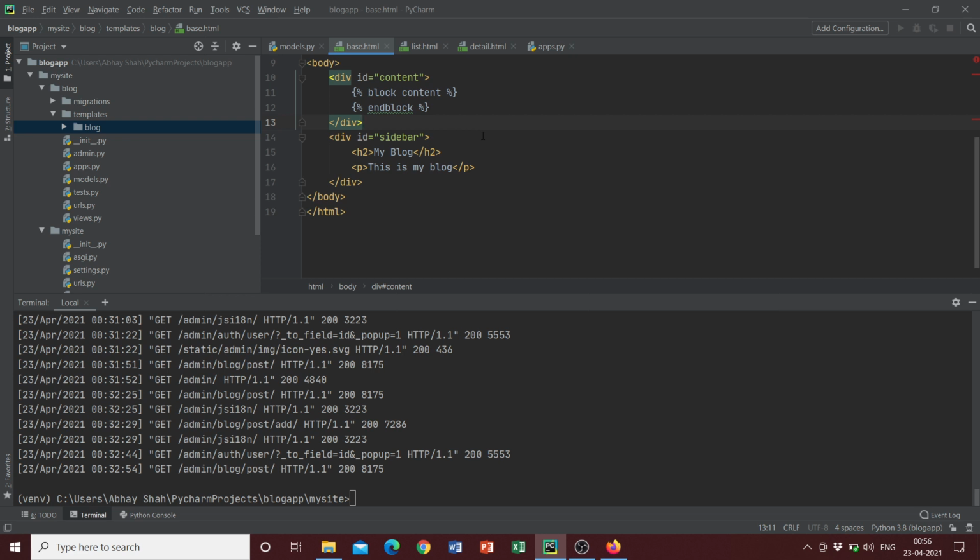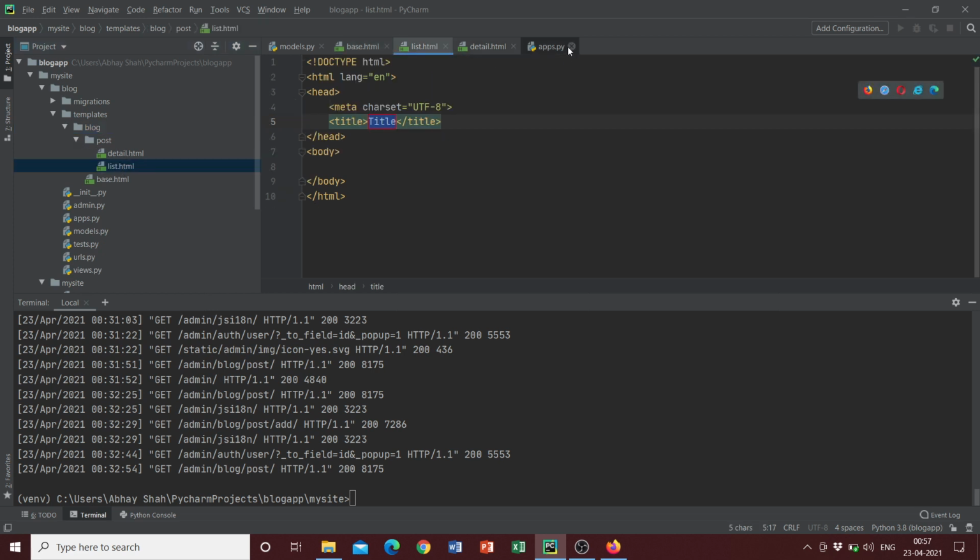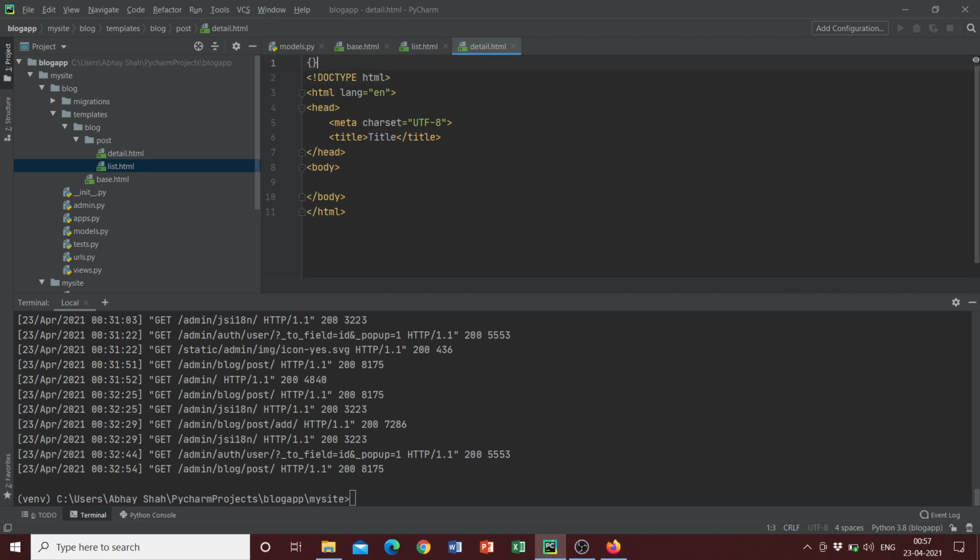So once we've done this, the next thing that we want to do is edit the contents of our post view. So we go to our post folder, to the list file, list.html. We need to make a lot of edits to this. First of all, we need to extend our base file that we created. So we write extends blog